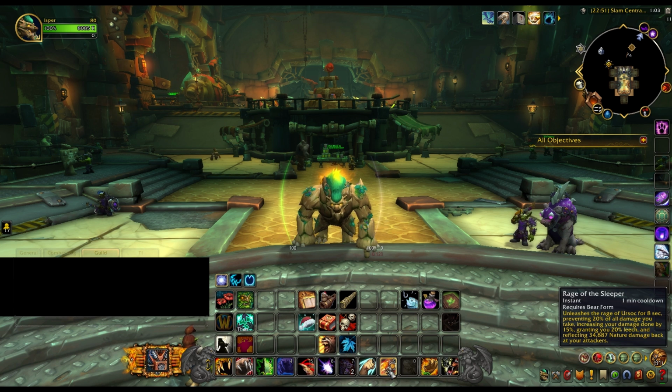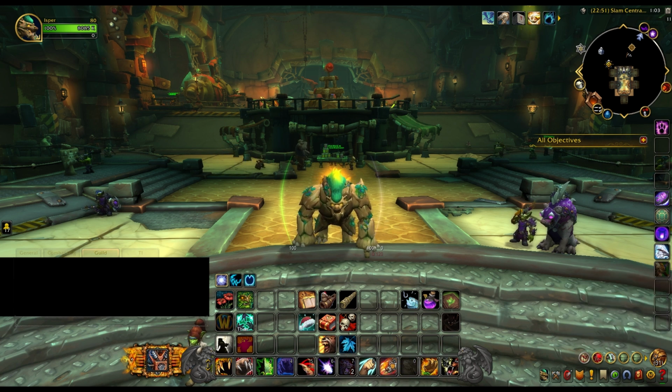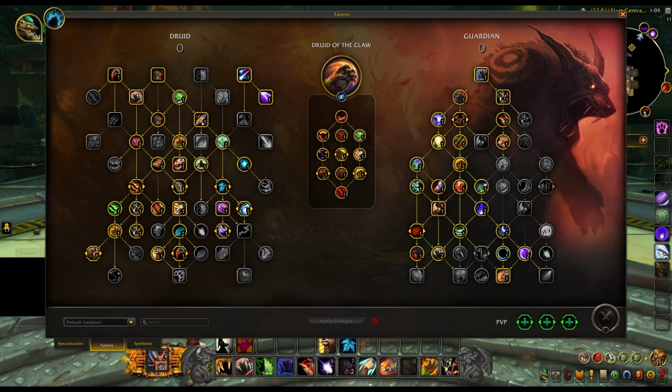And then I only use Rage of the Sleeper and Barkskin kind of together as like my cooldown. So, only in extreme circumstances. So either on large trash pulls or against some kind of a difficult single target. So a rare, a boss, something like that. If we look at the talents,